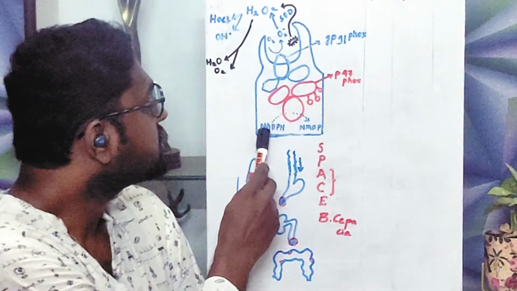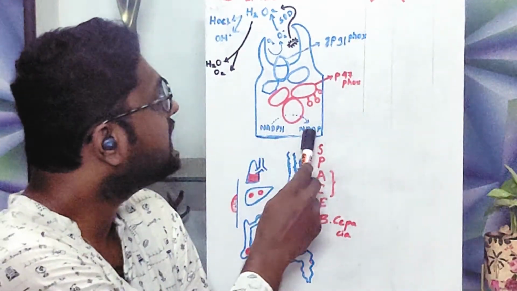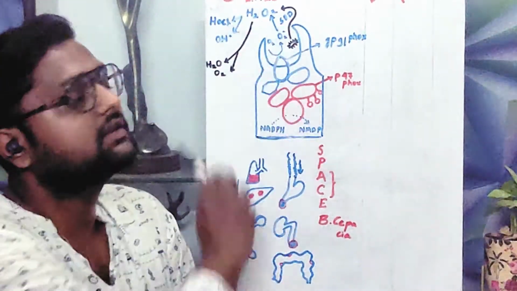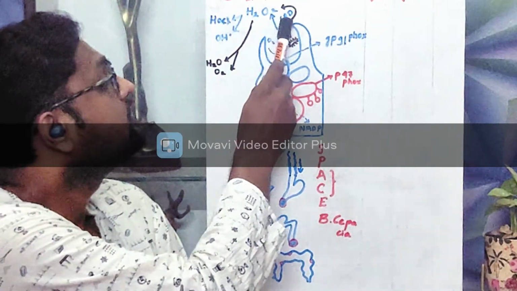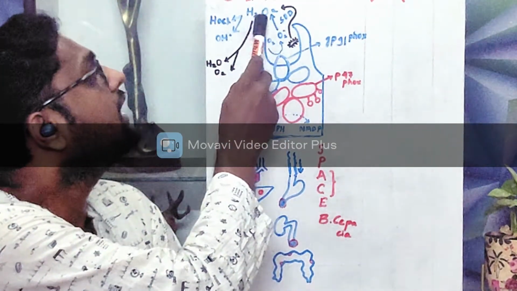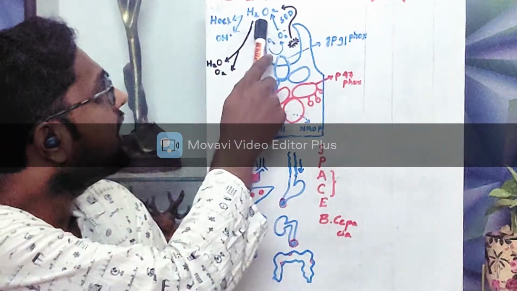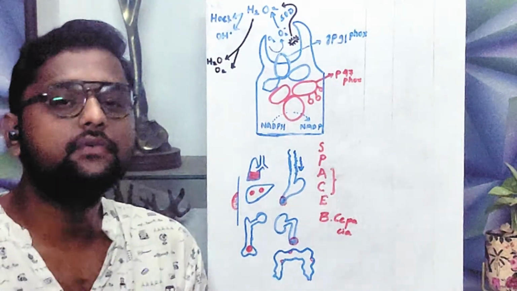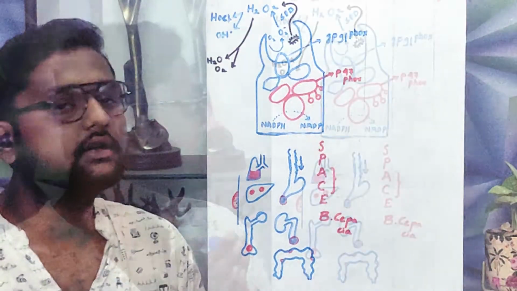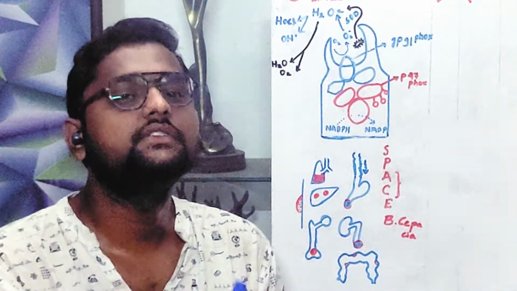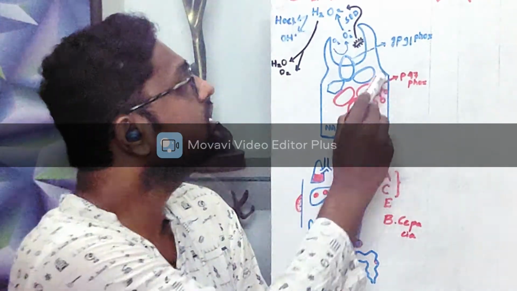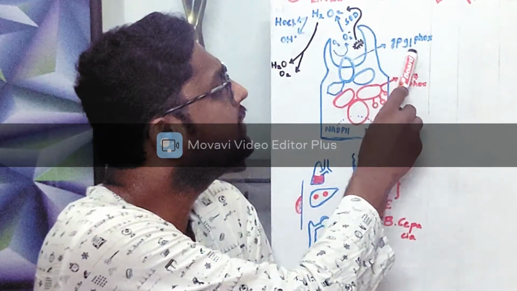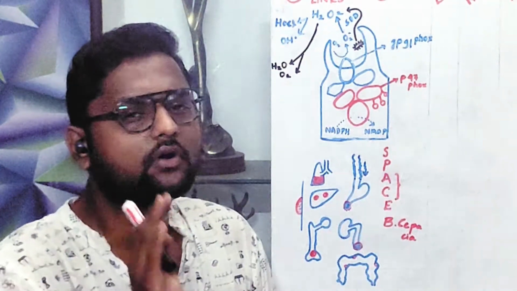Now, NADPH donates one electron and becomes NADP, and oxygen becomes O2 minus. Now it is acted upon by superoxide dismutase to become hydrogen peroxide. Hydrogen peroxide will further form hypochlorous acid and hydroxyl ions, which are the free radicals that destroy the bacteria. Now, chronic granulomatous disease occurs if there is a mutation in any of these components. Most commonly, the mutations are seen in the GP91-phox and P47-phox genes.